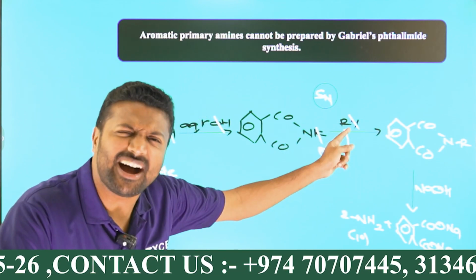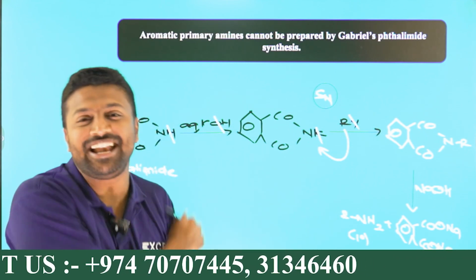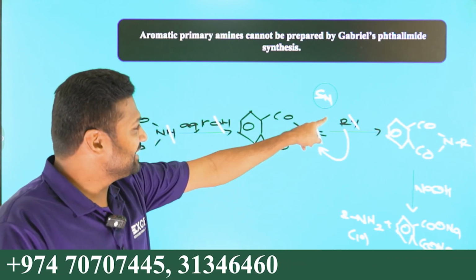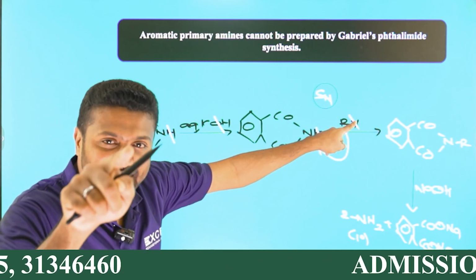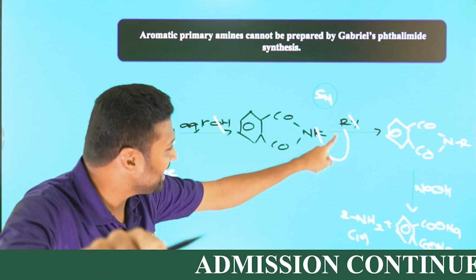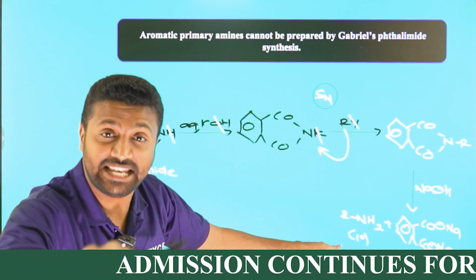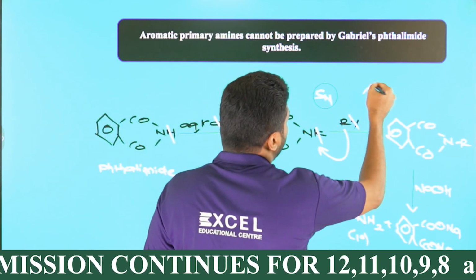If you are choosing RX, getting RNH2 is good. But if you want to get a benzene ring with NH2, called an aromatic primary amine, then instead of alkyl halide we should use aryl halide. If you are using alkyl halide, we get an aliphatic primary amine. Instead of that, if you choose aryl halide,